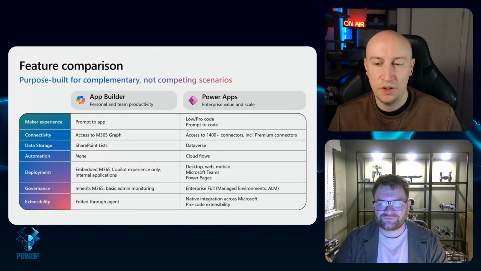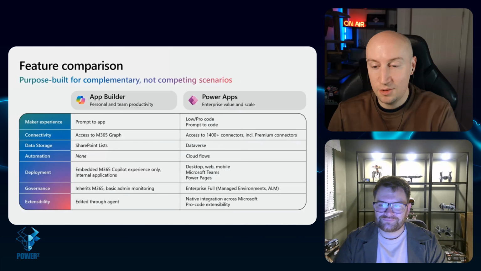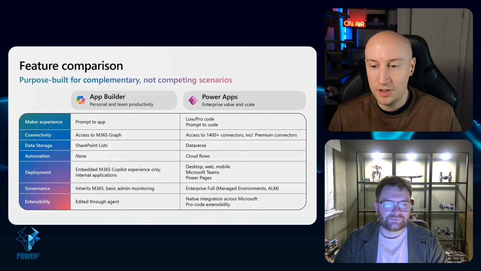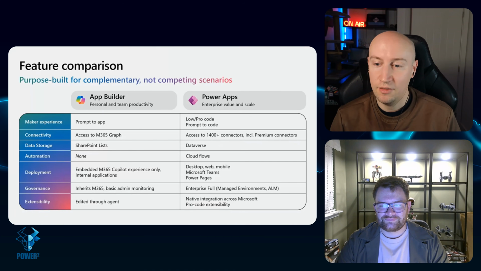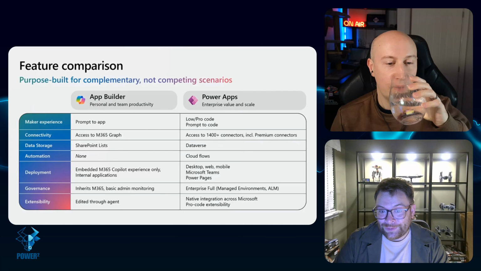So you need to have good communication to your makers around this to say, look, this is when you use this, this is when you use that. If you're confused, contact us through our engaged community or whatever community you've got and find out what you should really do. Or maybe if you're lucky enough, you have a Copilot Studio agent with governance where your makers can talk to it and that can give them the answer. Yeah, there's going to be maybe some shadow IT type issues with this, potentially. Maybe it's been thought about, but who knows?